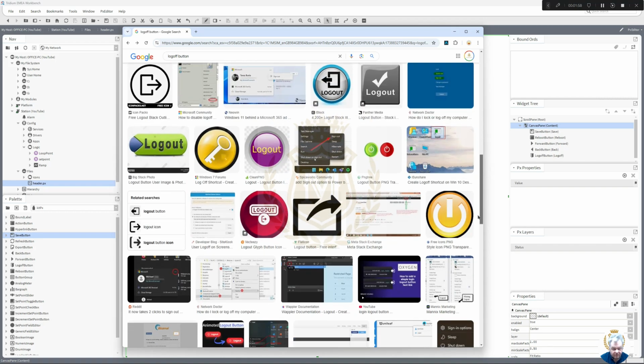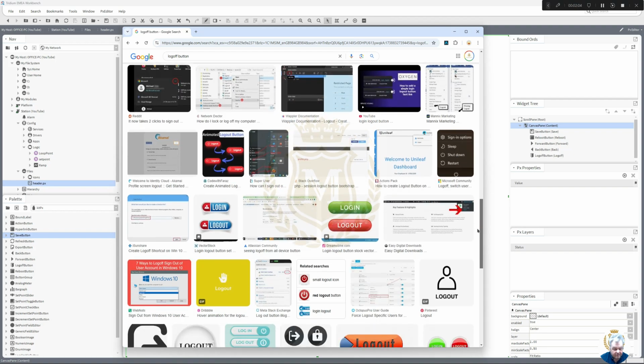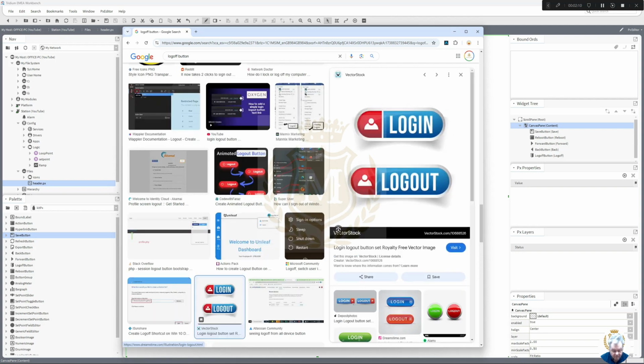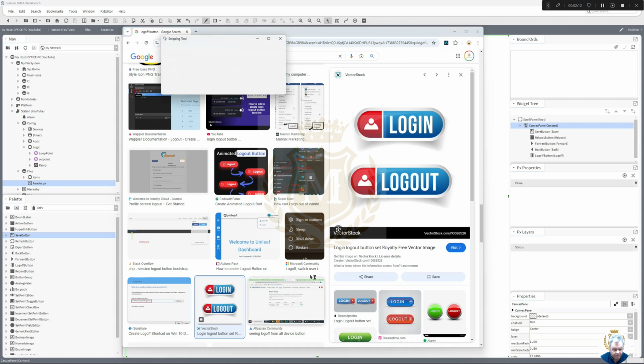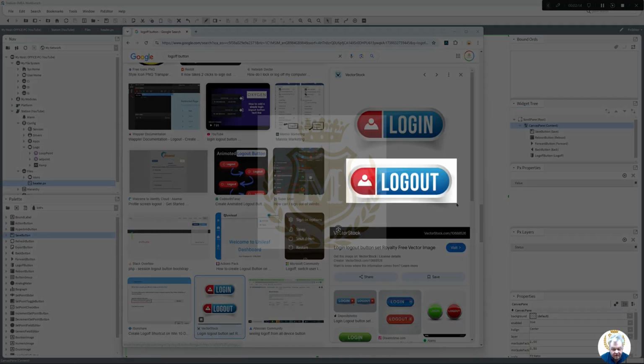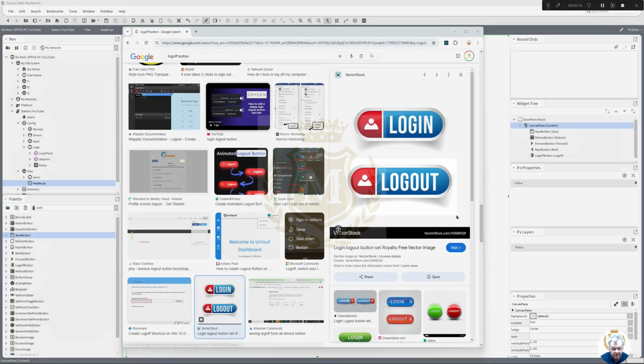We can go log out there, log in, log out there. It's licensable, that one, but for this example, take that button there